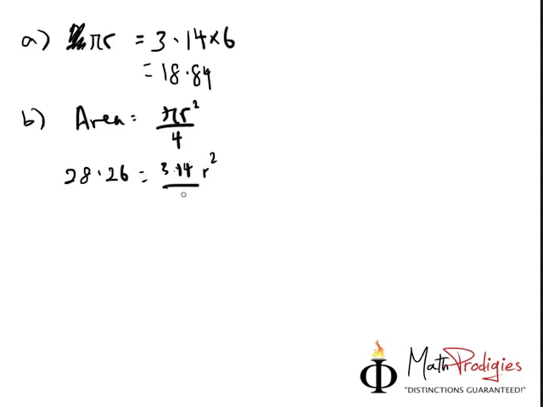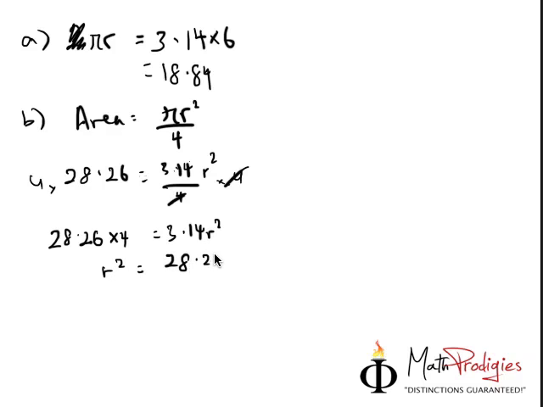Therefore, divided by 4. When you do algebra this way, what must you do? To make sure both sides are equal, you times 4 to both sides first. So you get 28.26 times 4, and when you times 4 here, you cancel this out. So you get 3.14 r squared. So what is r squared? r squared is equal to 28.26 times 4 divided by 3.14. Therefore, r is equal to